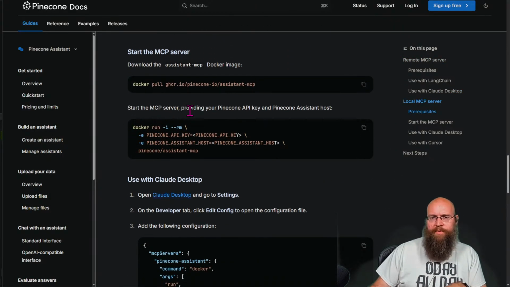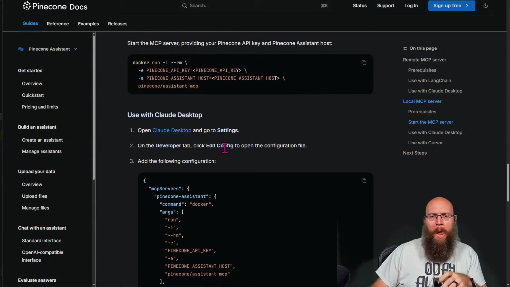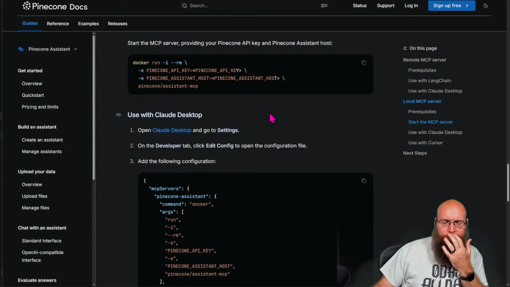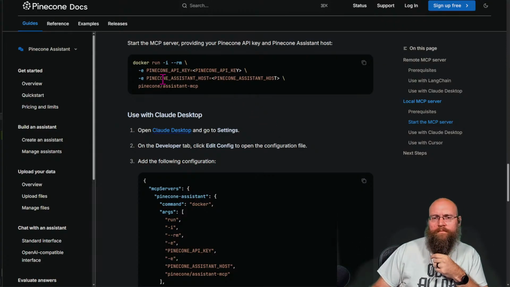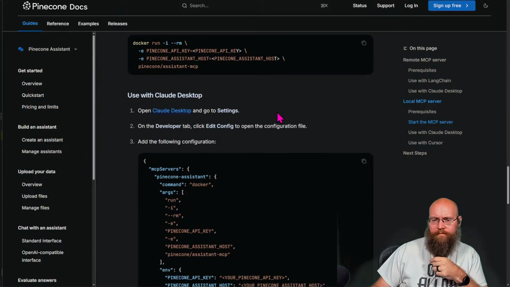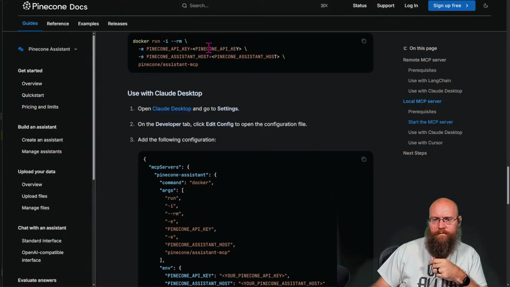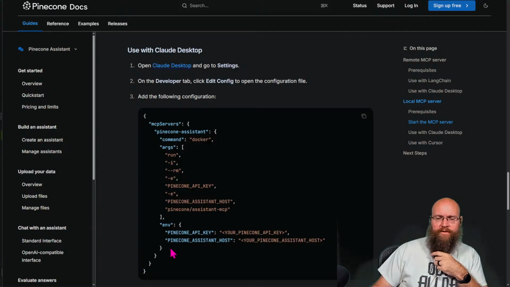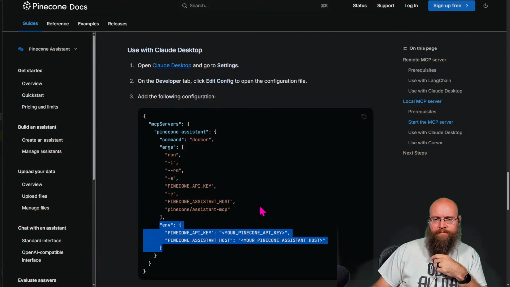So start the MCP server providing your Pinecone API key, yada, yada, yada. Oh, that's cool. We could even just do it this way with the environment. Okay.